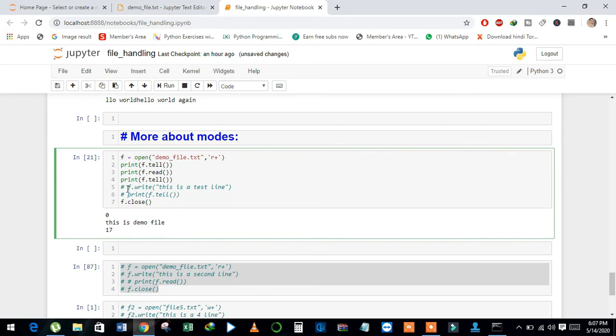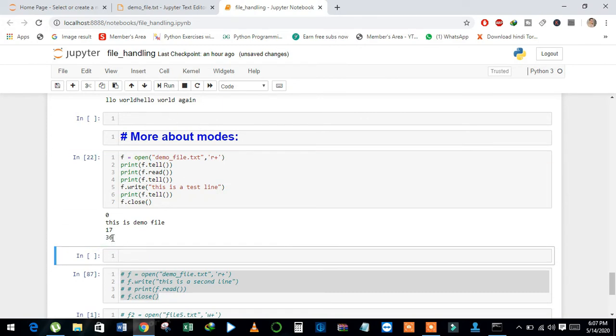Now I will write this line inside the file, and then we will check the position of the pointer. And now see here, the position of the pointer is 36.